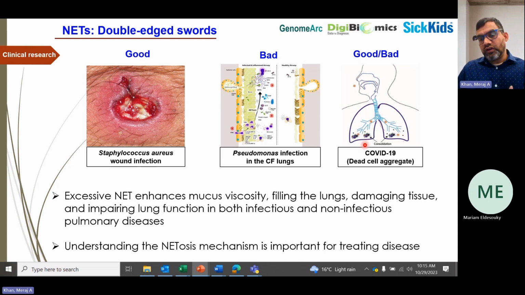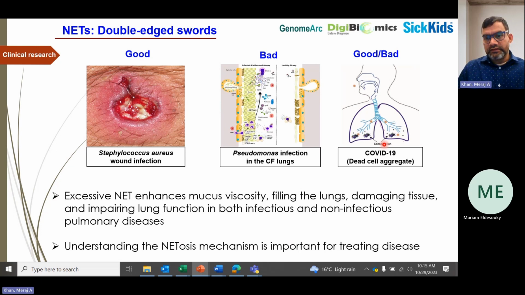So nets were also involved in that situation, and these consolidation bodies are exactly the major component of the nets. They cause pneumonia, they cause ARDS, and lead to the destruction of the lung,